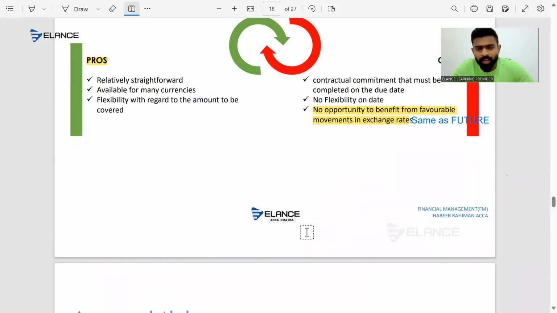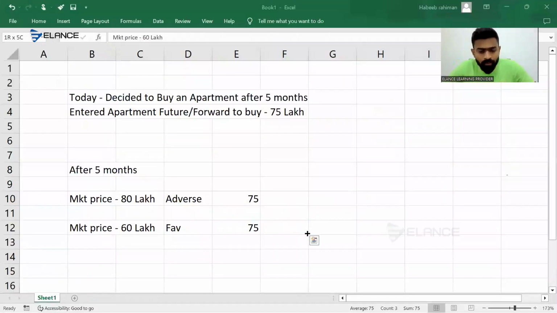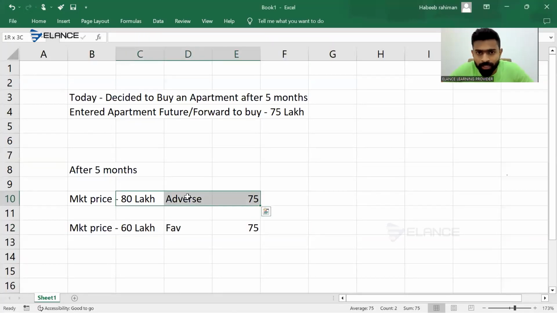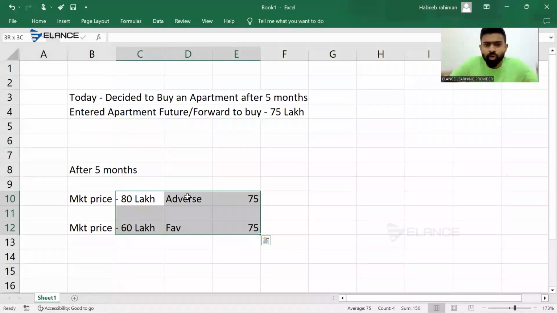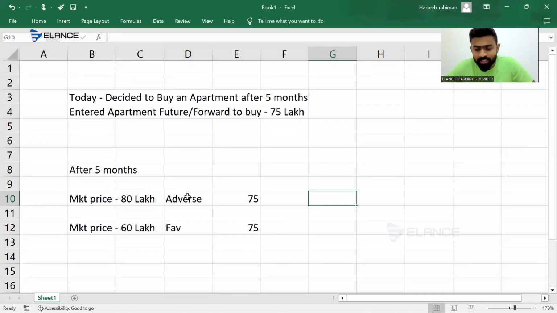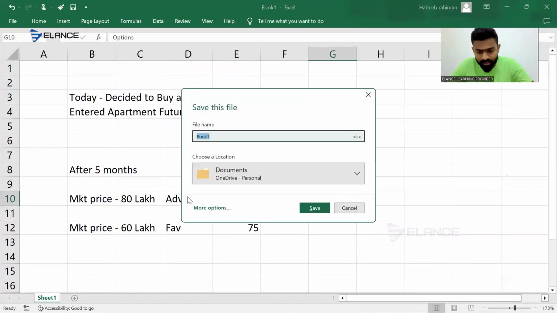Now, one contract. See, with one contract, we will be protected from adverse movement, plus you have the opportunity to take the favorable movement in the market. That contract is said to be options. In the case of options,